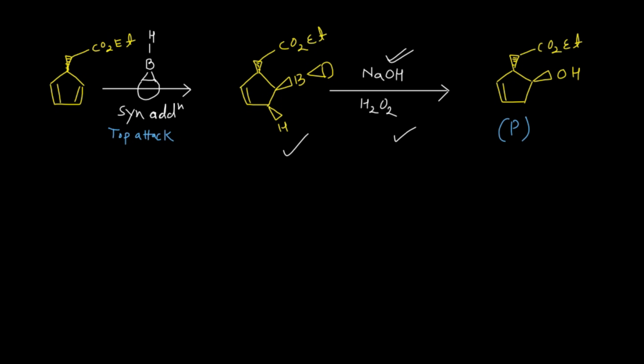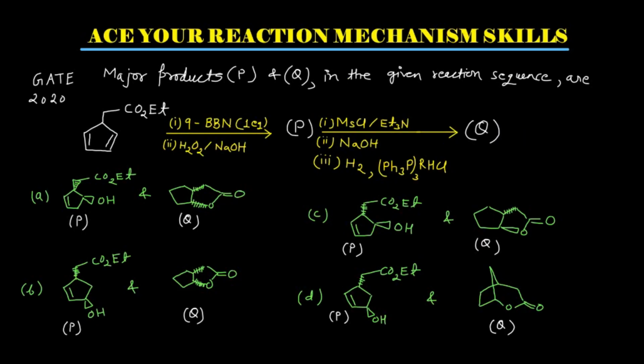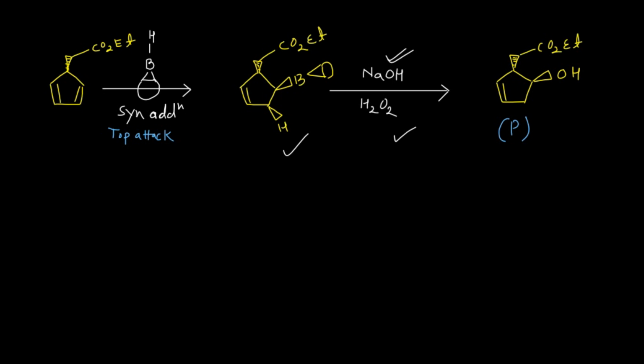Now if I go back again, you can see here in the second step, first your methyl chloride is reacting, and then triethylamine. In the second step, you are doing the alkaline hydrolysis type of thing. In the third step, you are doing the reduction. So how will we do this particular reaction? Now I got my P. So what will I do? Now suppose